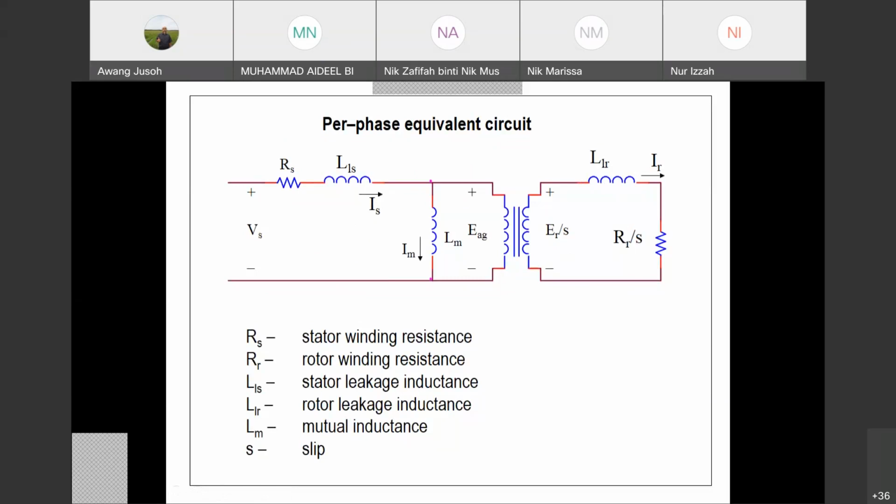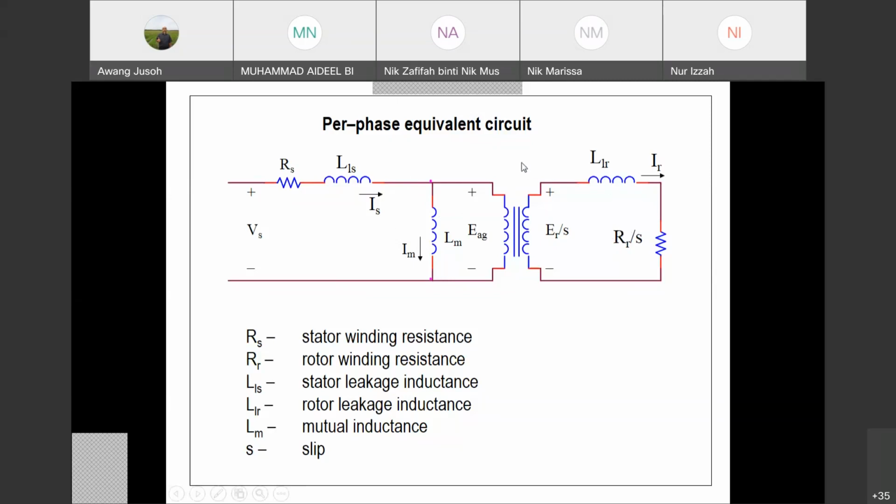So what we're going to do now is find the equivalent circuit for the motor, single per phase. This is just the process, the flow. This is the secondary, the stator part, and this is the rotor. Like a transformer, we can refer the rotor to the stator part. I think all of you already understand the transformer theory, where we can move the secondary to the primary or the primary to the secondary.